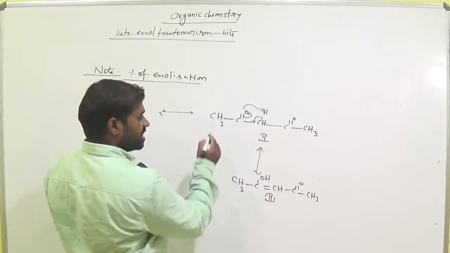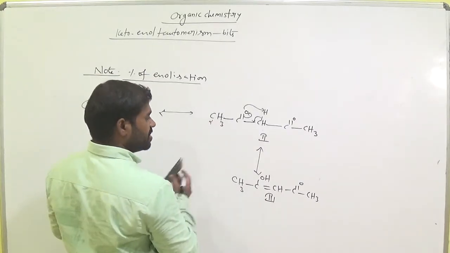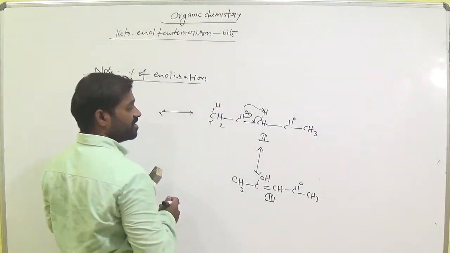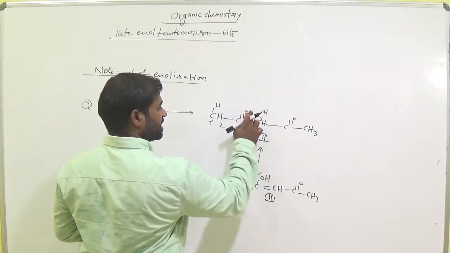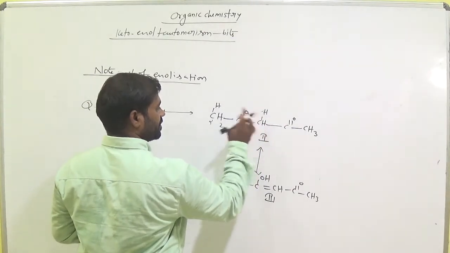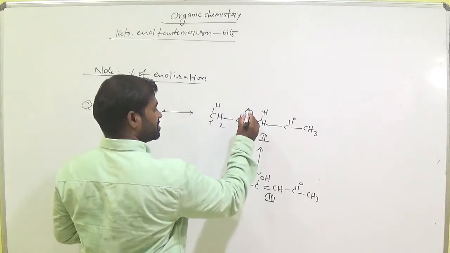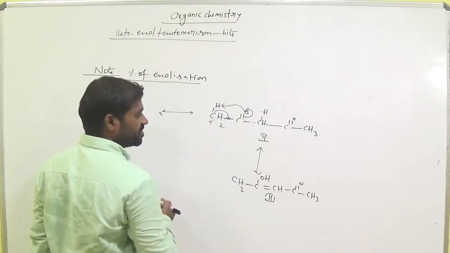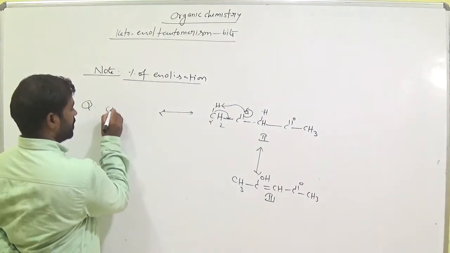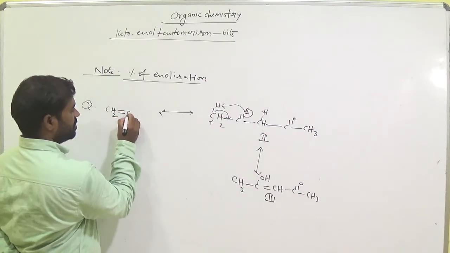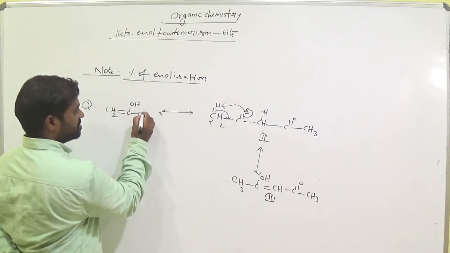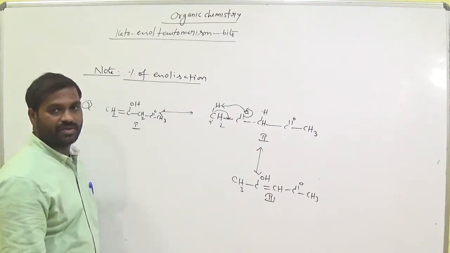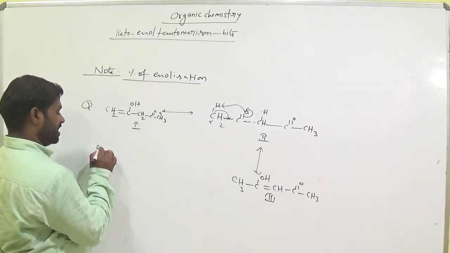Okay, and here what we are expecting from this compound, one more possibility. Suppose this is also an alpha carbon. Here we have 3 hydrogens, so write one hydrogen here. Now in this case, what happened? Now this bond is here, this bond is here, this oxygen attracts this hydrogen. Why? Because this is also an alpha hydrogen. Now what is the expected product? CH2 double bond C bond OH bond CH2 C double bond O CH3. This is the first product.